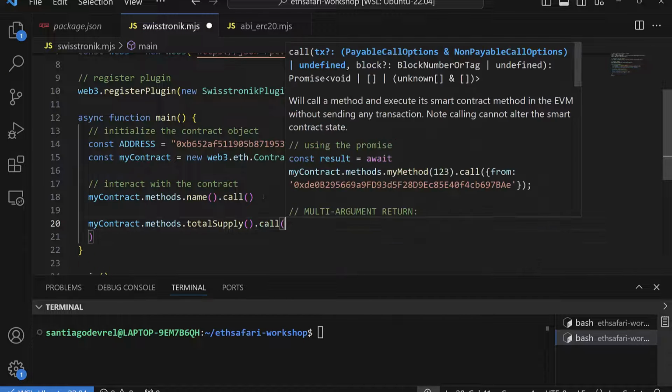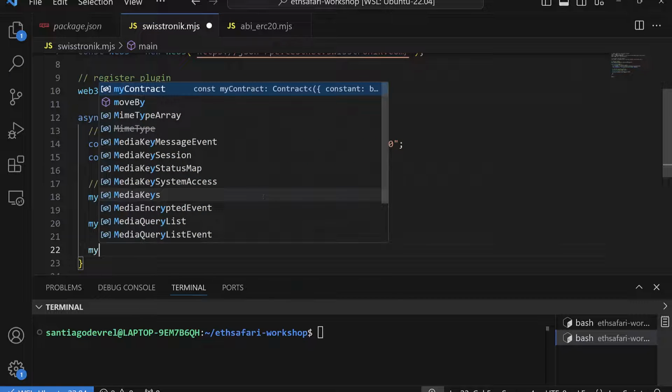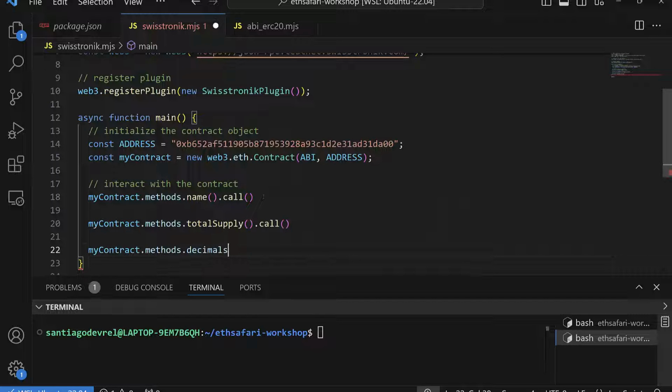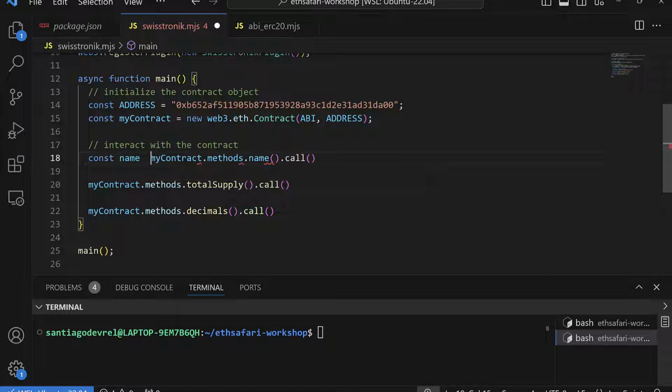contract.methods.totalSupply.call, and then the same here, my contract.methods.decimals.call. So that's how we interact with contracts. Let me show you how we do that. .name